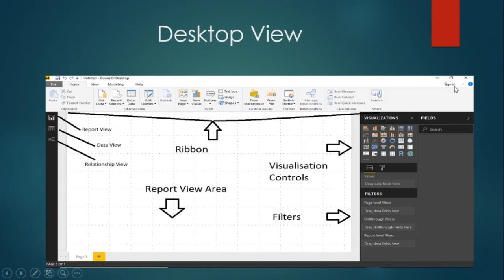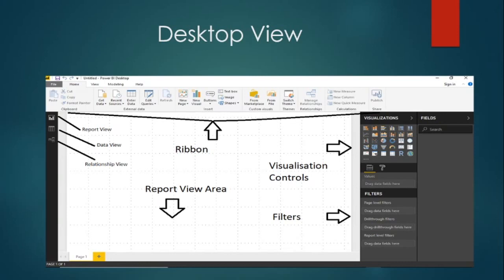So you just need to log in here with the sign in button with your Power BI Pro licensing ID. Once you are able to log in, you can just click on from marketplace. Once you click on the marketplace, it will redirect to the marketplace where a lot of visualizations exist. You can take according to your choice and according to your data requirement.